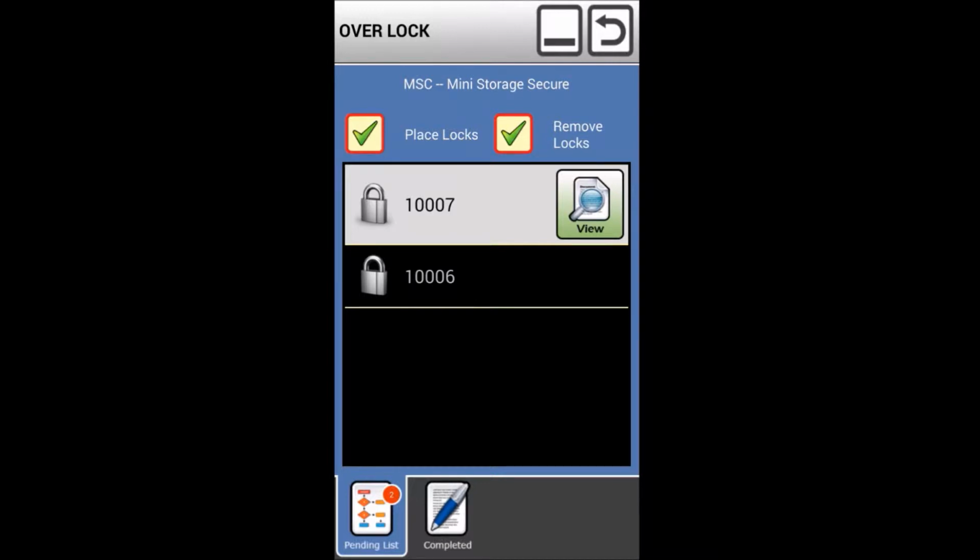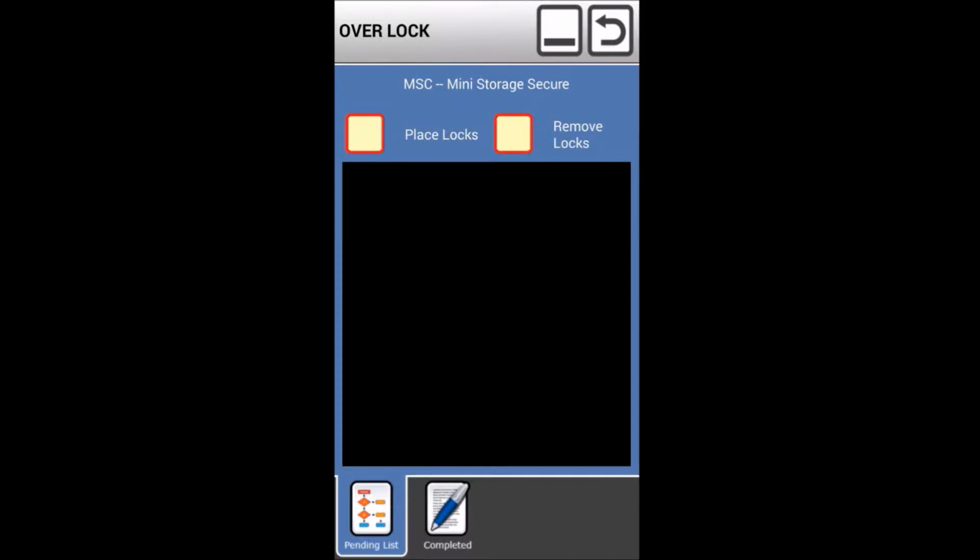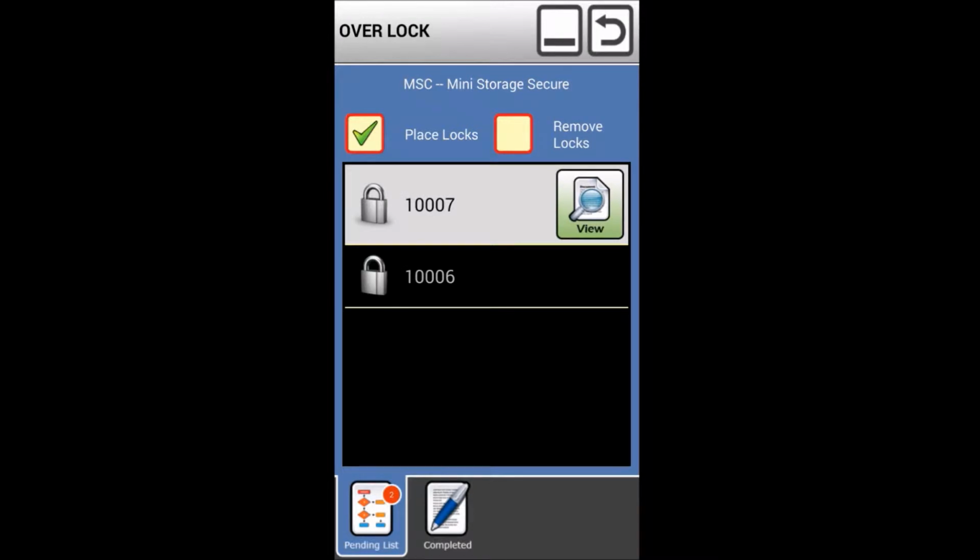In this case, there are two units, and if I actually uncheck remove locks, I can see there's still two. If I uncheck place locks and just have remove locks, there's none, indicating there are no overlocks that need to be removed. So I'm going to go into place locks and see that there's two to indicate that I've completed those two overlocks. I hit view, unit 1007,